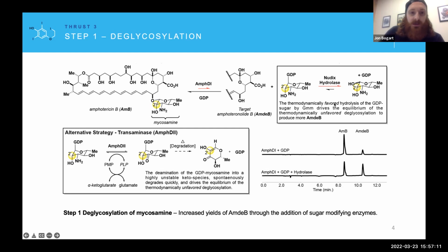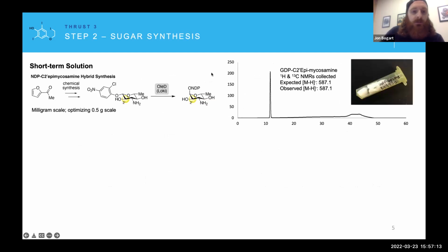So the second step is actually making the unnatural sugar. We've designed a couple of different routes and we like to categorize them as short-term and long-term solutions. In one short-term solution, we've designed this kind of hybrid chemical enzymatic route that uses chemistry to go from